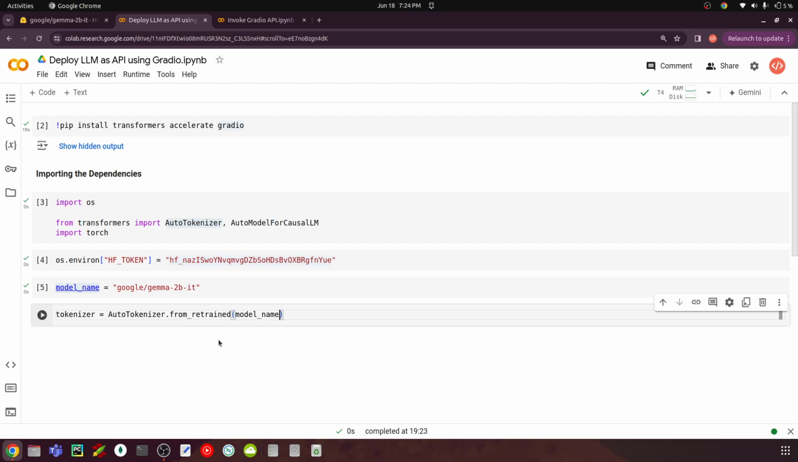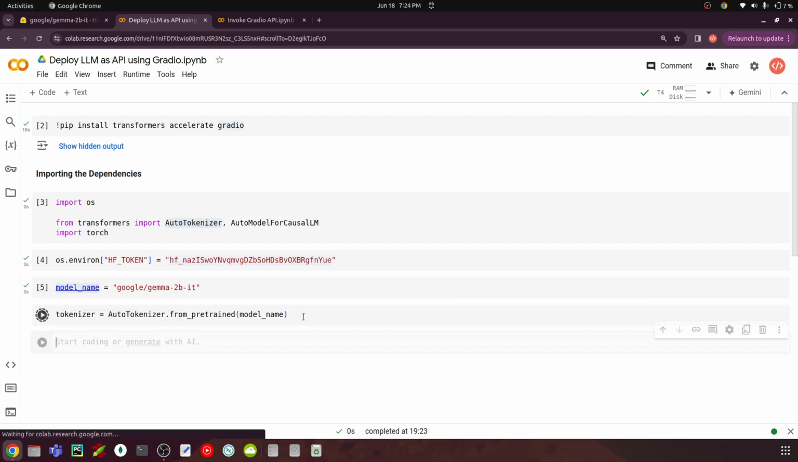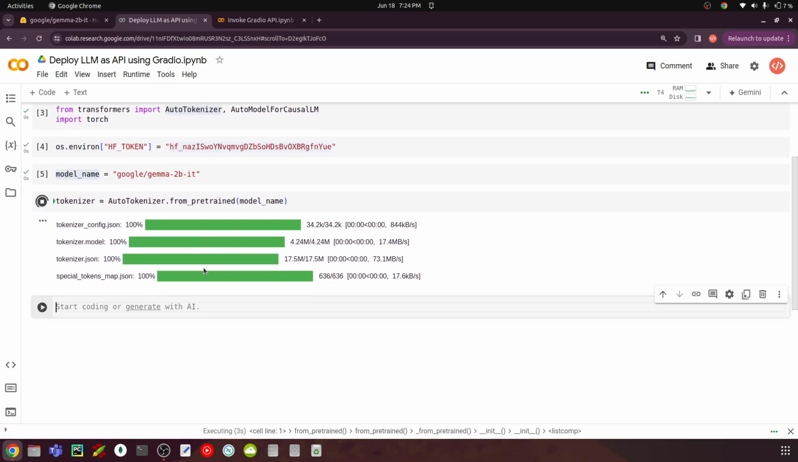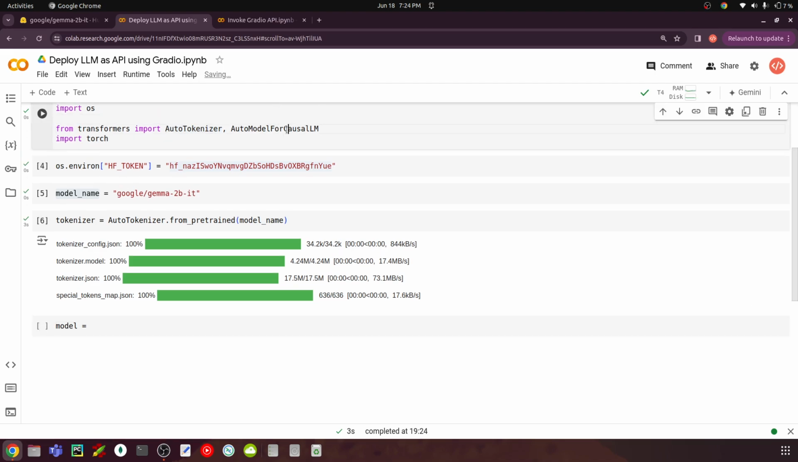Here we are going to load the tokenizer for the pre-trained model Google Gemma 2 billion instruct. So let's run this. This will load the tokenizer in this step. The next step will be loading the model. So this is the tokenizer for Gemma 2 billion instruct. Now we have to load the model itself, the LLM itself. For that we have to say model is equal to AutoModelForCausalLM,